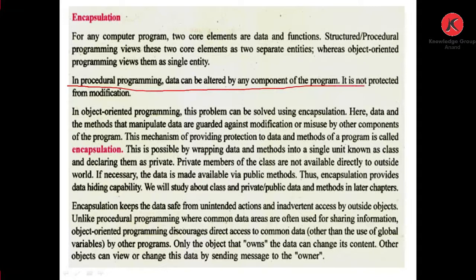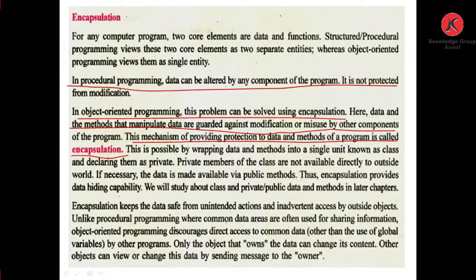It is not protected from modification. In object-oriented programming, this problem can be solved using encapsulation. Here data and the methods that manipulate data are guarded against modification or misuse by other components of the program. The mechanism of providing protection to data and methods of a program is called encapsulation.